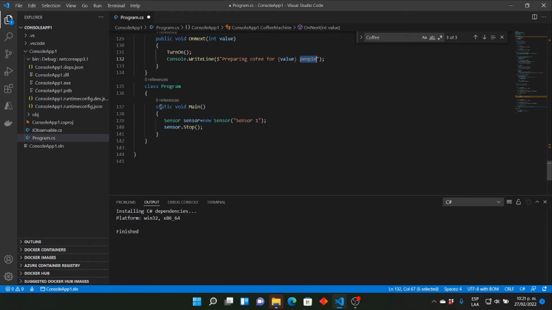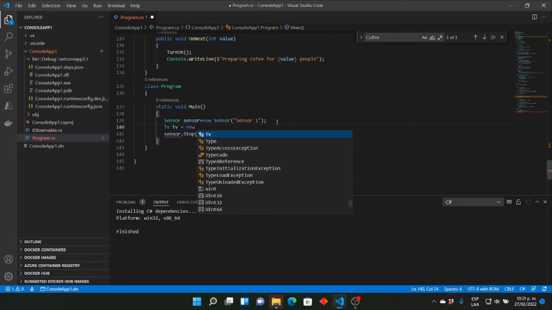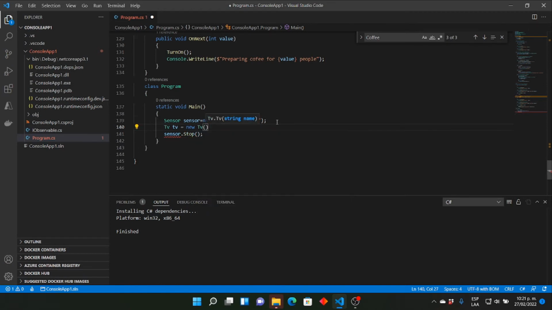Okay, now I'm going to create a sensor, and I'm going to create a TV. This new TV, I have to set the name TV1,